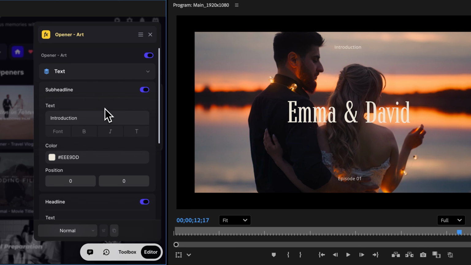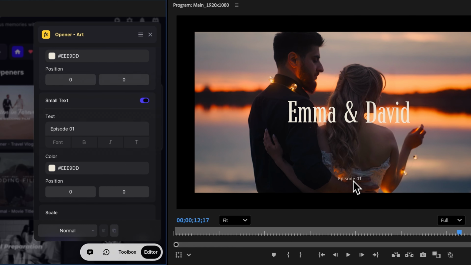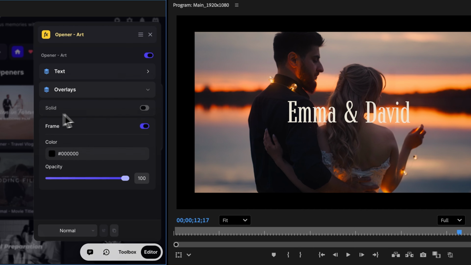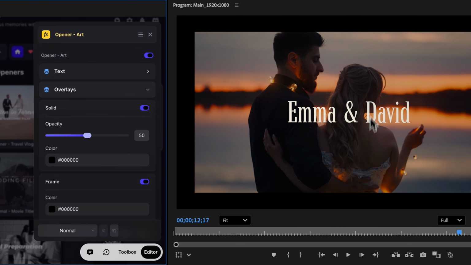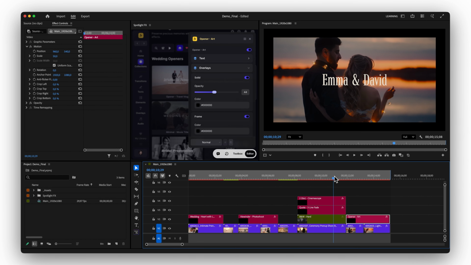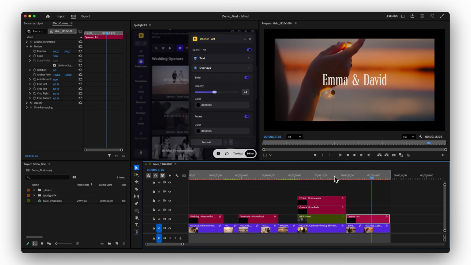Now, this item has top and bottom text that I don't want in this scene, so let's turn both off. Looking great, but we can also add a subtle backdrop so the text pops a bit more. Just go to the overlays section and increase the opacity of this black solid. Now, our wedding reel is almost done with all the elements, overlays and so on, but we can push it